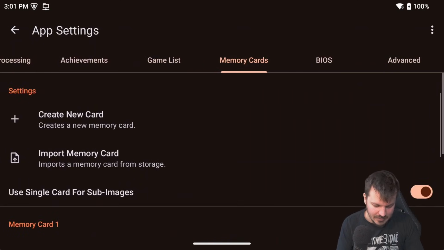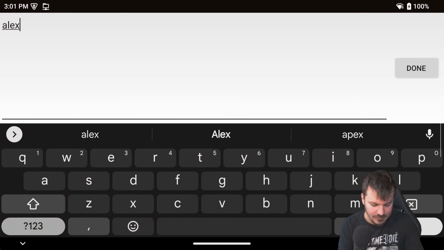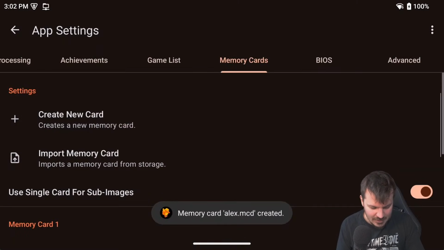Now, for memory cards, what we want to do is create a new memory card. I'm going to call this one Alex, because that's my name. You can call it whatever you like. You can call it Alex if you want, even if it's not your name. I'm not going to stop you. And then